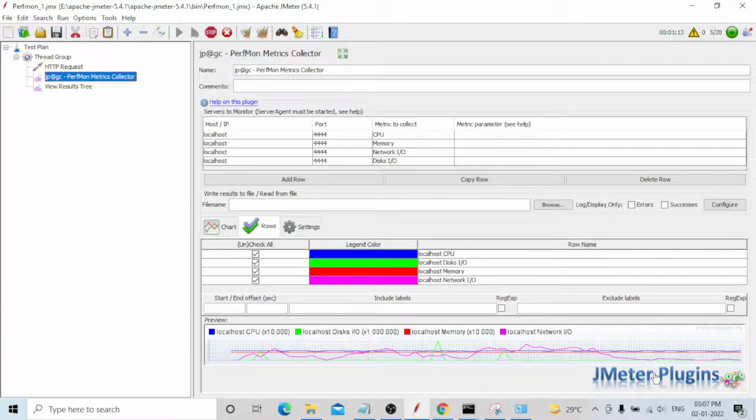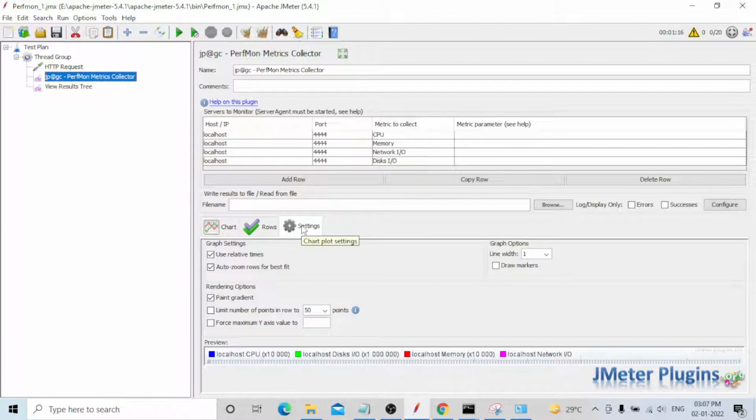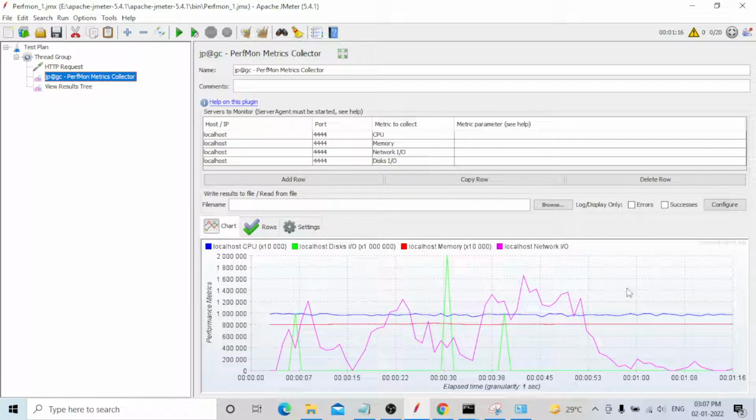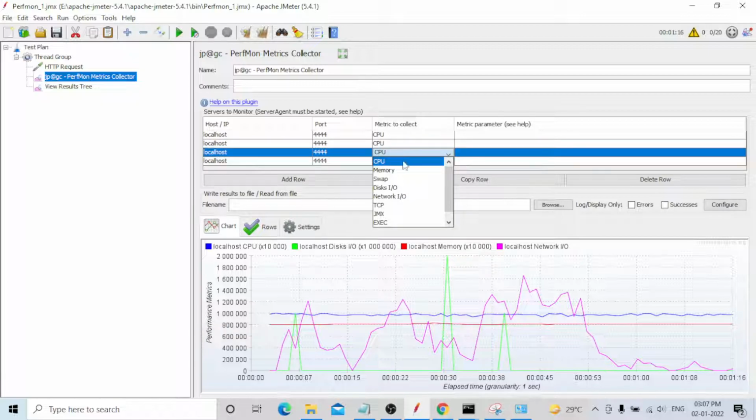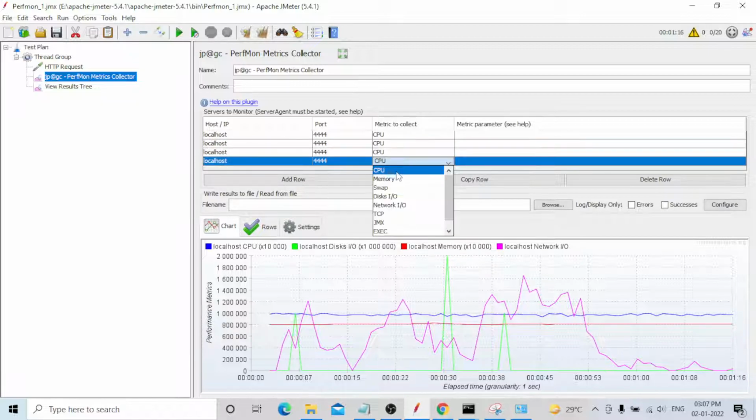Okay, this is what plugins manager.org provides. This type will also be provided. Settings are the same. You need to check the graph. Oh sorry, the test is already completed. Okay, guys, this is the way you need to take the graphs, and how we need to run.